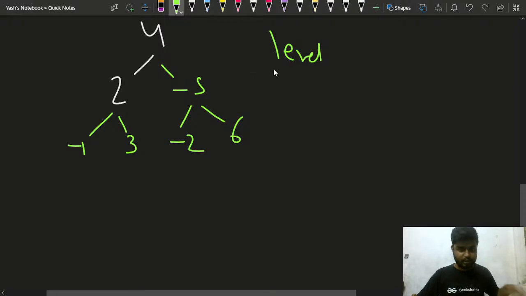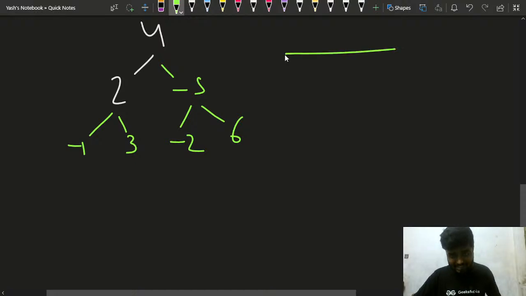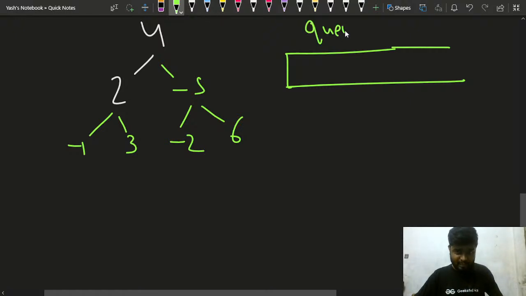Okay, everyone is clear with it, right? So what I will be doing is I'll say that now I need to process all the nodes at the same time, right? So I'll have a size as well for me. What I'll have is I'll have this queue with me, right? Queue data structure with me.